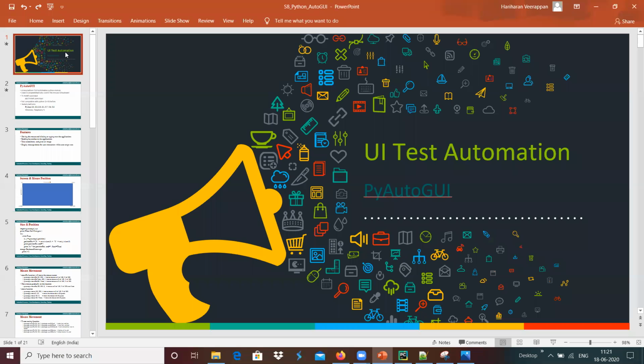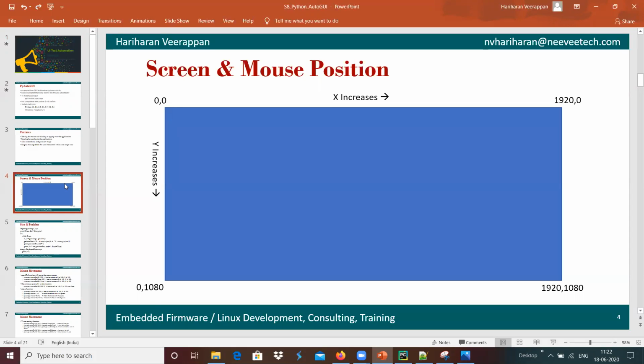Those different events have to be provided to that GUI application, and the respective outputs have to be captured and compared. PyAutoGUI provides the flexibility to generate different events like mouse events and keyboard events, and screen positions are taken care of in PyAutoGUI. The left top is considered 0 cross 0, and the right top is considered 1920 cross 0.